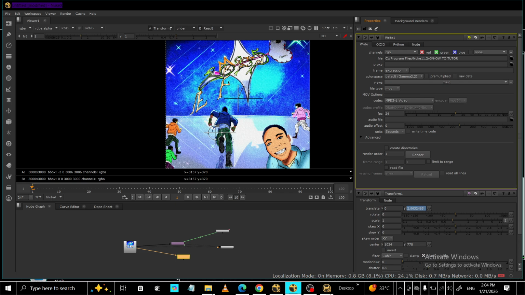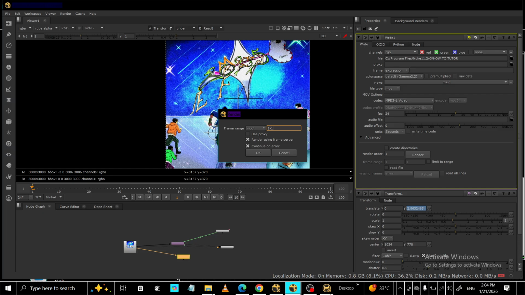Before you render, confirm the frame range. Make sure it matches your timeline or your intended output window. If your project timeline is, say, 1001 to 1100, set the write node to render that exact range. This avoids accidental partial renders or extra frames you didn't intend to include. When everything looks good, go to the top menu and choose